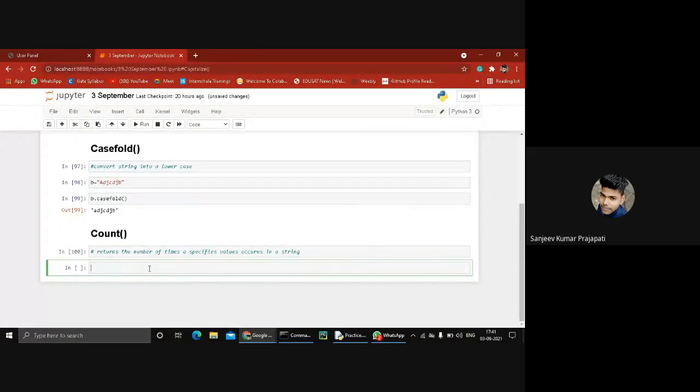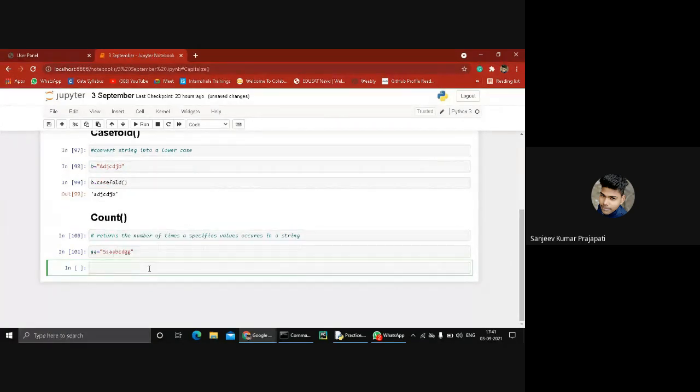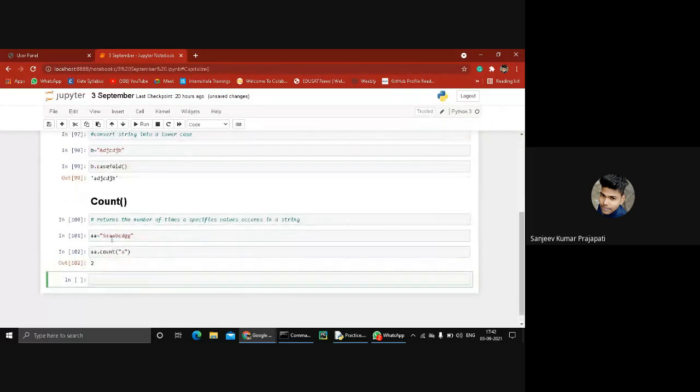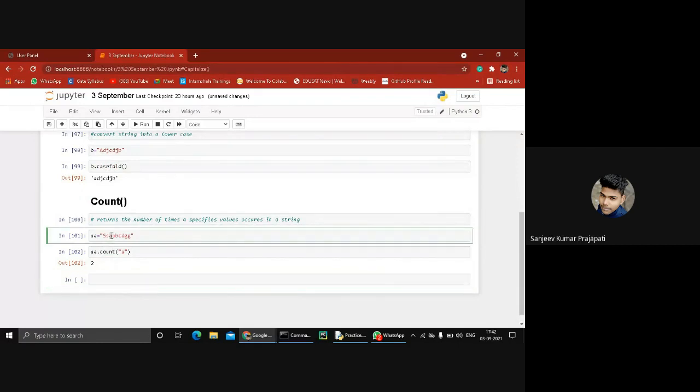Again, we have to create the next string a equal to something like s a a b c d e g. And we apply the count method, dot count, and type a. You see, a occurs two times in the entire string, so it returns two.